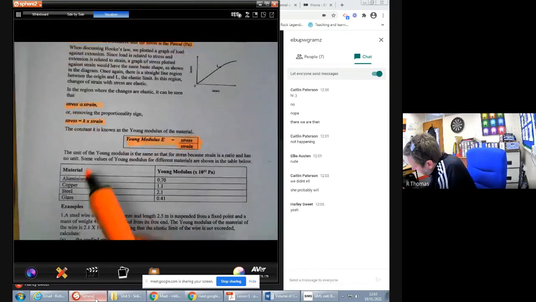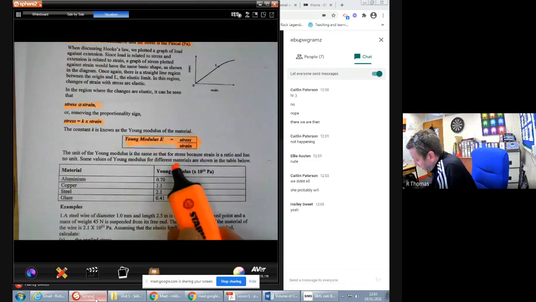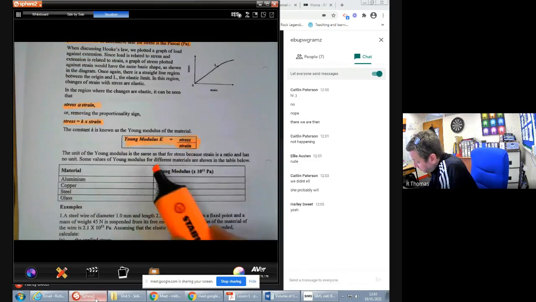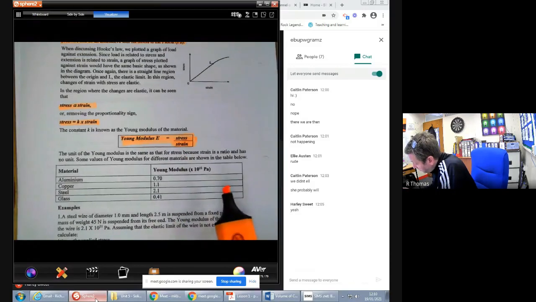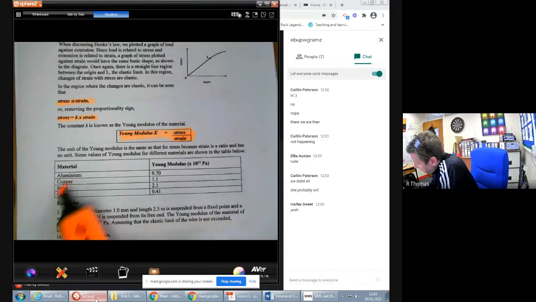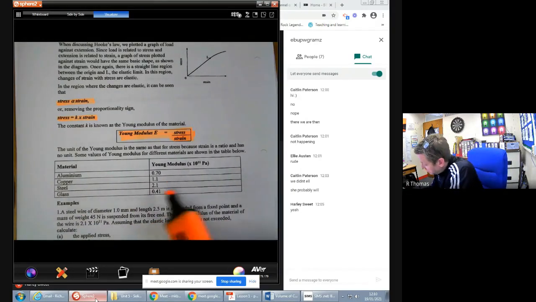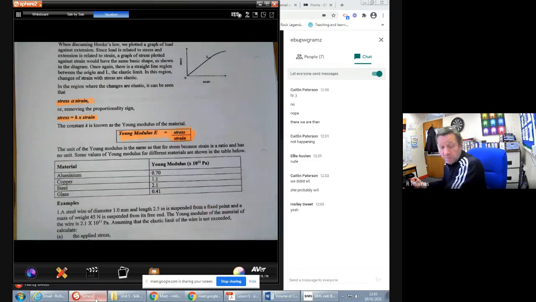The unit of the Young modulus is the same as that for stress, because strain doesn't have a unit. So the unit for the Young's modulus is newtons per meter squared, and here are some values for various real life materials. Aluminium has quite a small Young's modulus, whereas steel has a very high one. We'll explain what that means in a minute in terms of its stretchiness,